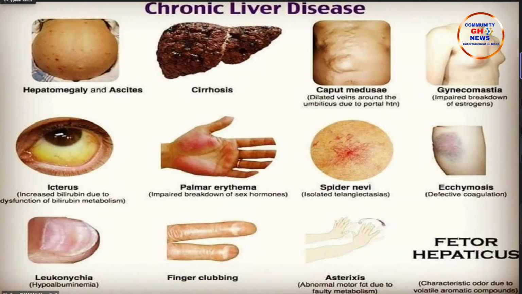Also, if you're a male, because of, as I mentioned, obesity being a cause, there will be a lot of production of estrogen, which is the hormone for females, in you. It will cause you to have something we call gynecomastia. So your breasts become big, like that of a female. And as I mentioned, you have the jaundice.